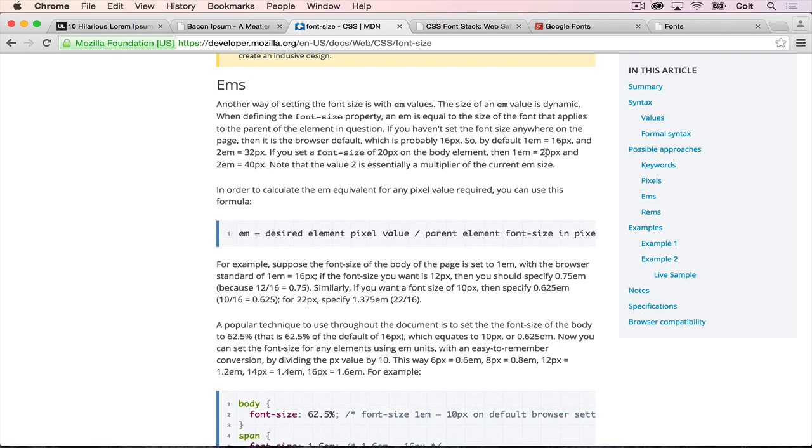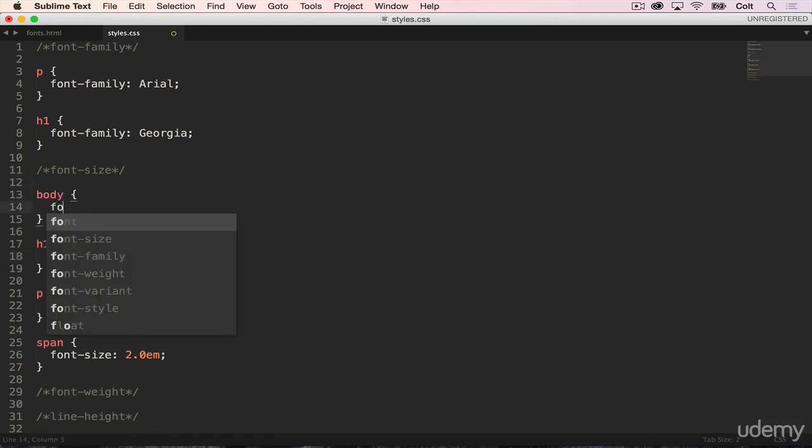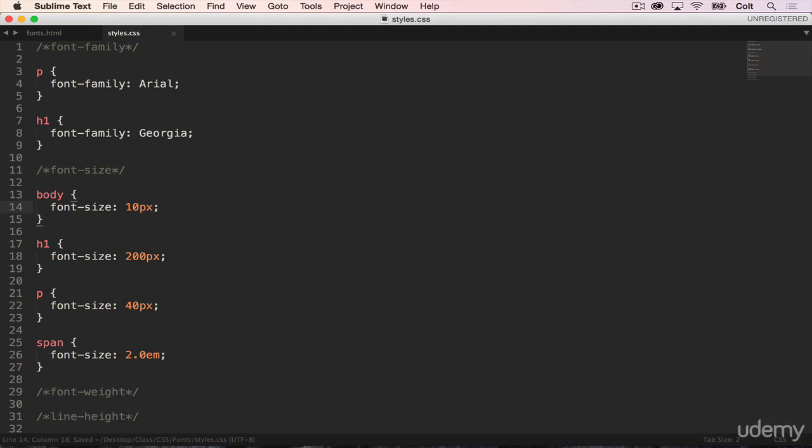So what most people will do is set a font size on the body at the very beginning. So something like this. Body, font size, and let's do something really small to start, like 10 pixels. And then let's change our H1 so that it's 5 times larger than the body. So that's going to look like 5.0 EM. And then we want our paragraph to be twice as large as the body, so 2.0 EM. And then lastly, we want our span to be twice as large as the paragraph, so that's also 2.0, because